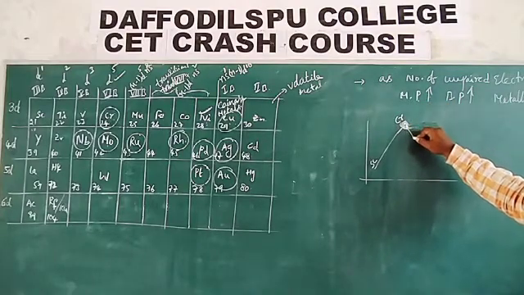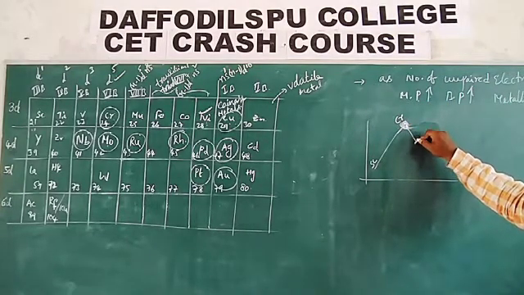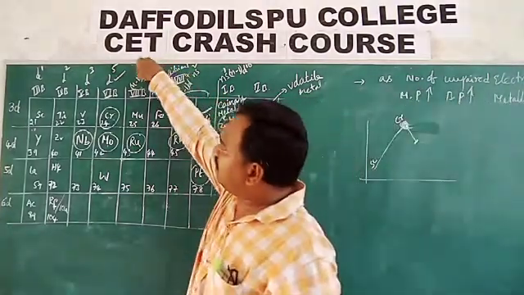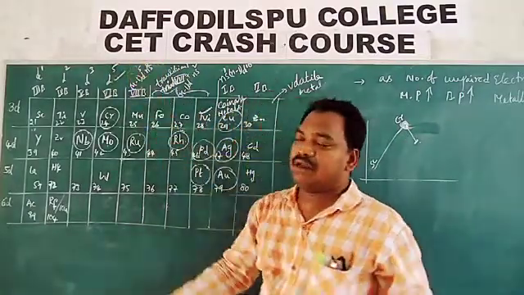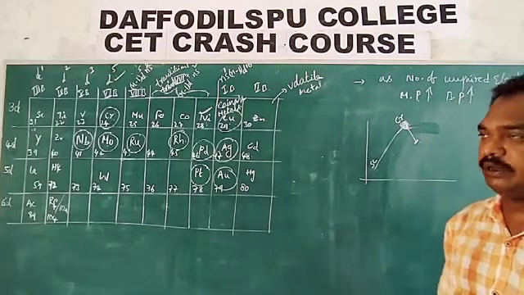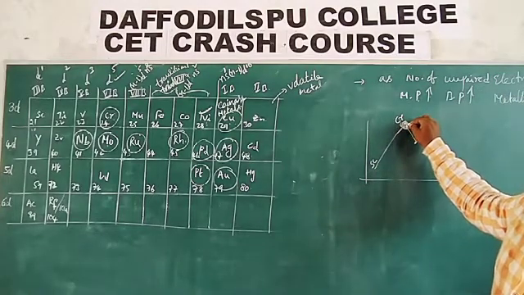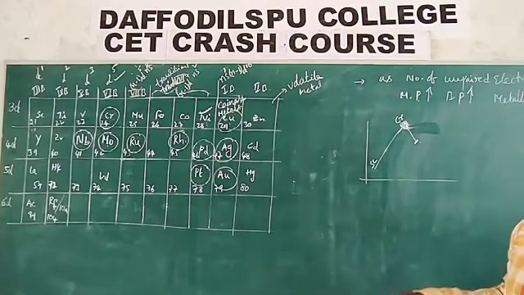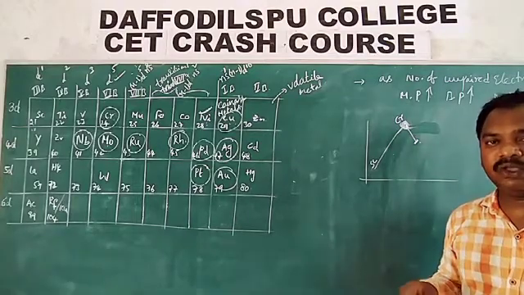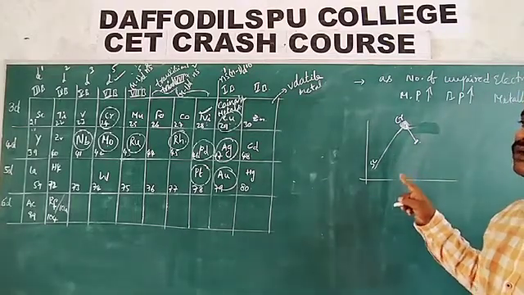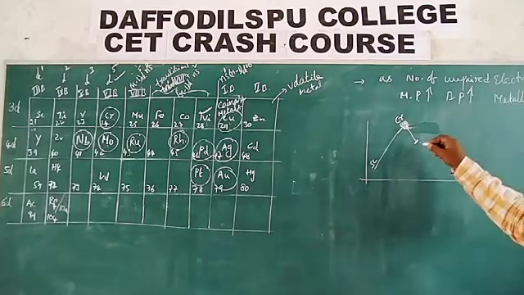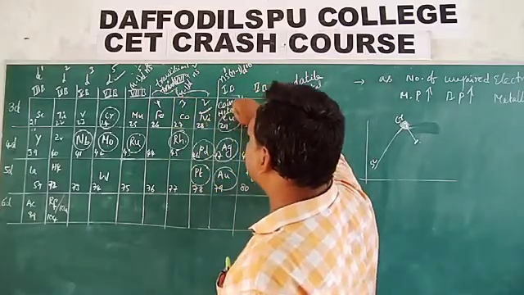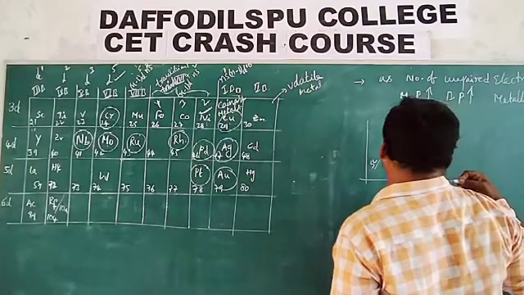Yes. But manganese's melting point is less than chromium's, even though it contains the same number of unpaired electrons. It is because of its peculiar crystal arrangement. Manganese melting and boiling points are low because of its peculiar crystal structure. After that, iron contains 4 unpaired electrons, this one 3, this one 2, and this one 0 unpaired electrons.